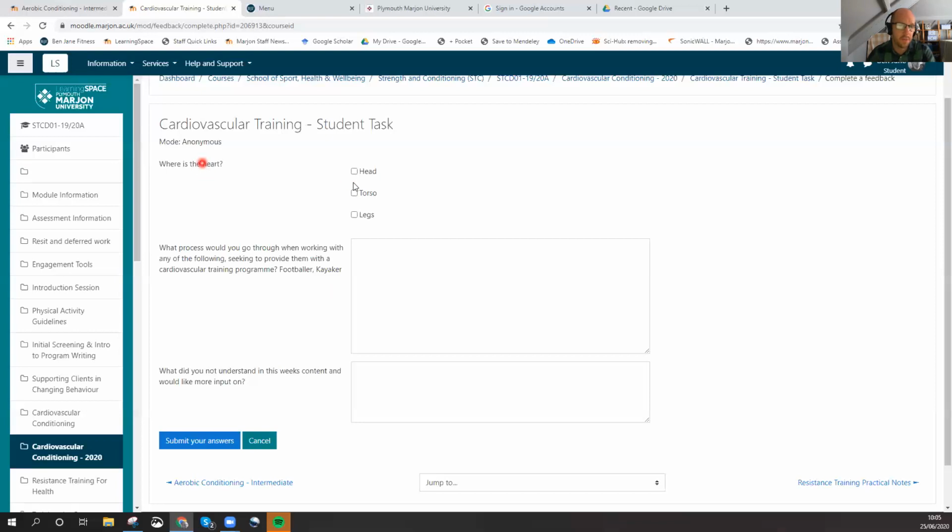So on this one, I've got multiple choice questions. They were really easy to make. Then I've got a question about applied knowledge. You take this knowledge that I've given you, and can you think about the implications of using it in a different area? But then I've got a question at the bottom: what did you not understand in this week's content? So there's three different types of content that we can use, and I'm sure colleagues can think of other ways of using this,